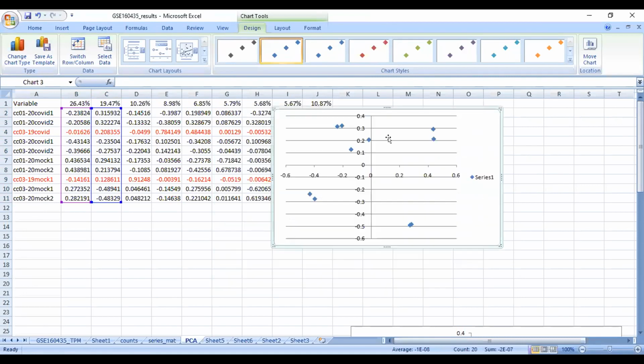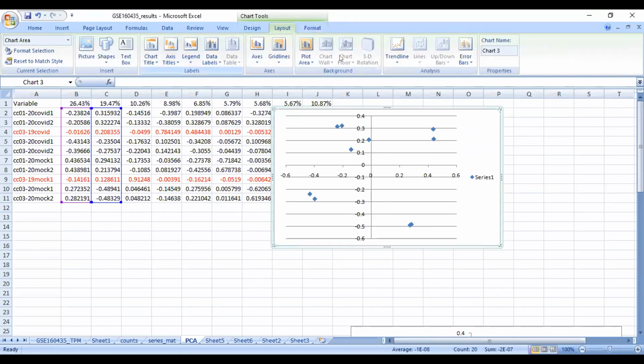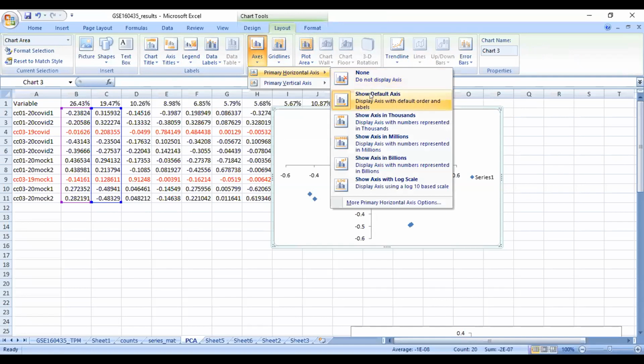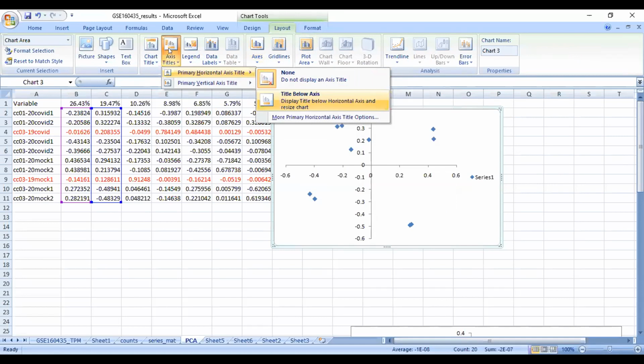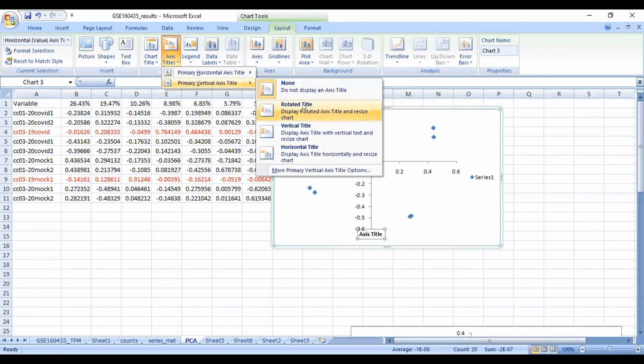So this is the scatter plot I got, and this is the x-axis. Some of the things I need to do: we can remove these grid lines, and we can also provide an x-axis title and a y-axis title so that there is no confusion.